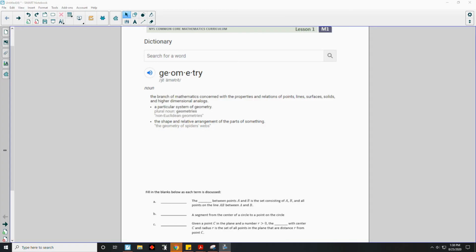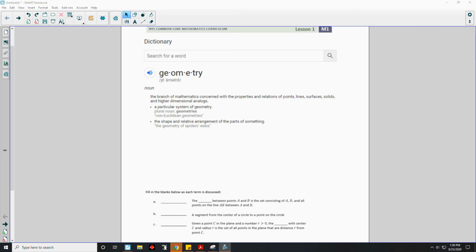Alright, welcome to Geometry. Geometry, Lesson 1, Module 1. Okay, starting geometry. Before we get started, I brought in the definition of the word geometry, and the noun is the branch of mathematics concerned with the properties and relations of points, lines, surfaces or planes, solids, and higher dimensional analogs. A particular system of geometry, non-Euclidean geometry,